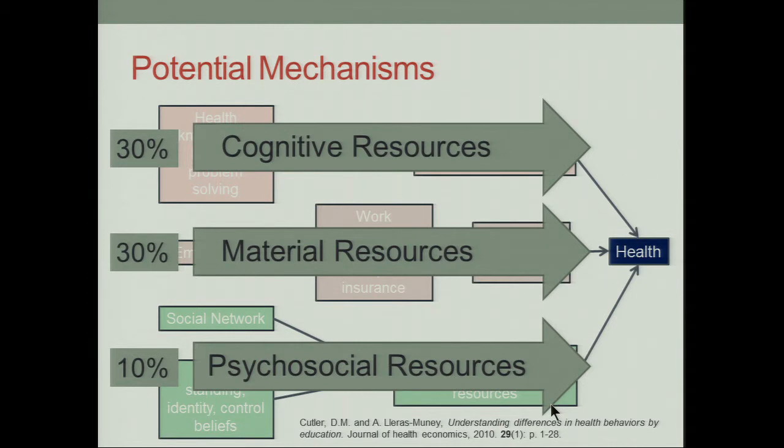One thing you might notice here is that this does not add up to 100%, right? So about 30% of this association between education and health could not be explained by any of these factors. And this actually remains true today. We still don't fully understand this relationship between education and health, and perhaps more importantly, and what I think is really exciting for future areas of research, is now we're really trying to understand how to leverage this relationship to produce health.